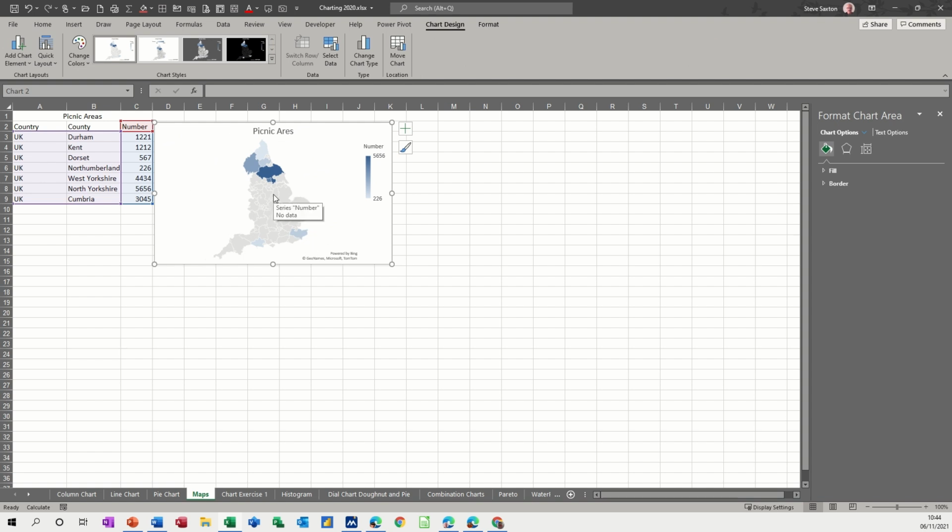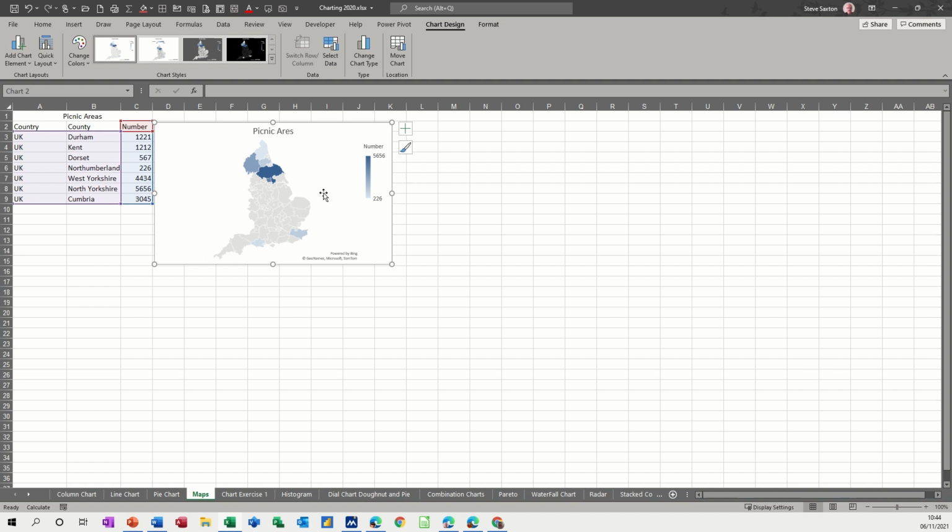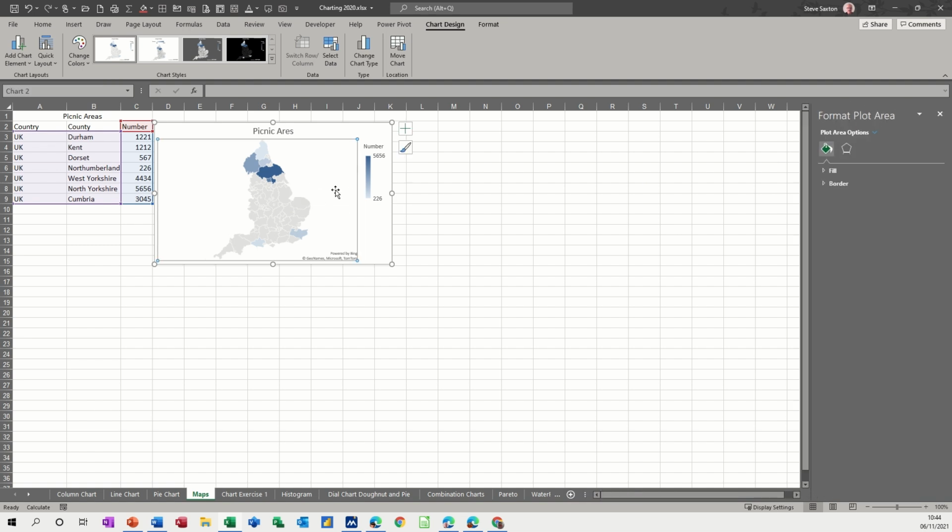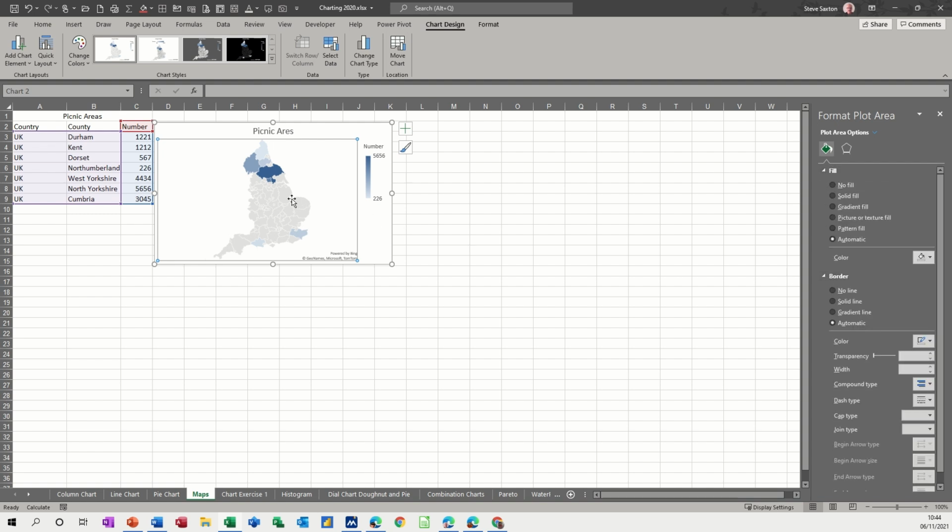It will sit there without the internet, but you need the internet to get it first off. Now, if you want to format this, normally this format chart area wouldn't be on the screen. You basically just double click on it and it comes up with the relevant bit. So you've got the fill and border, and then what you need to be clicking on is the areas that